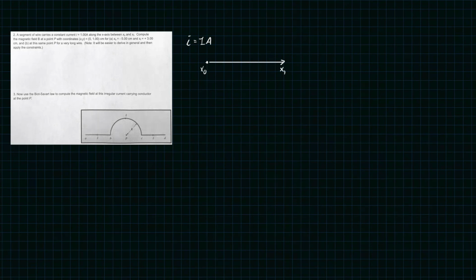Compute the magnetic field B at point P with coordinates (0, 1 centimeter). We're going to call that 0.1 meters, actually. 0.1 meter is point P,